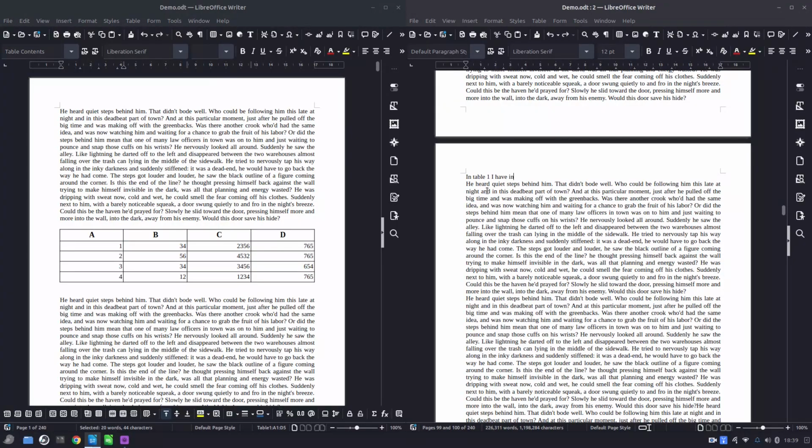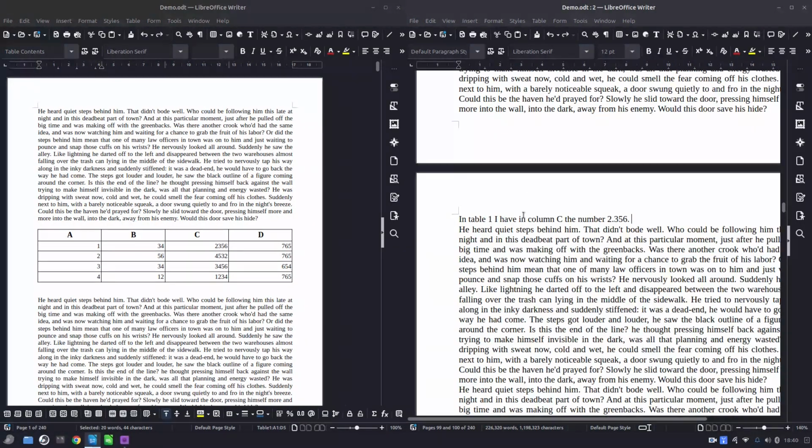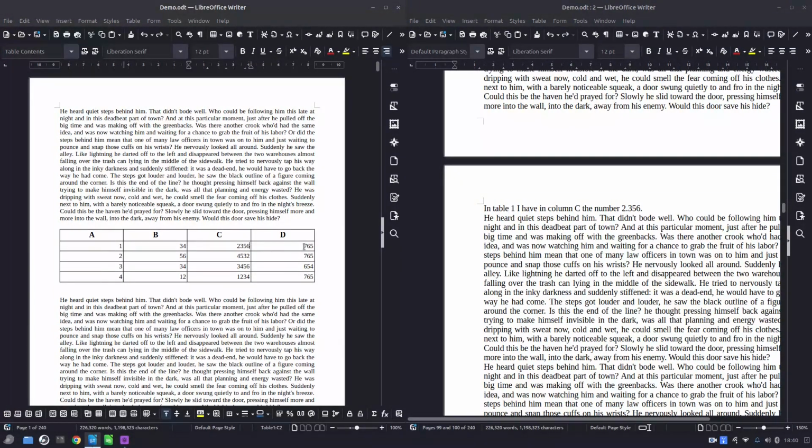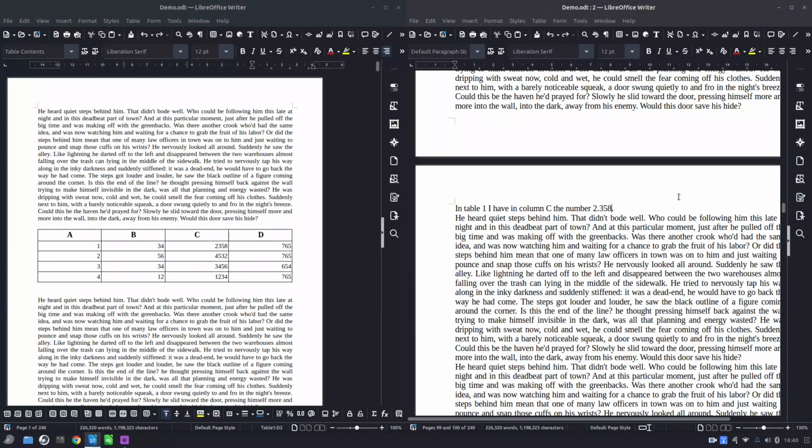I have in column C the number 2356. Okay, so very easy. I see on the left it's the same table. If, for example, I found that this is a mistake, I have here it should be a 8. I can edit in the same document in the table, and I can correct also on page 100 here, because